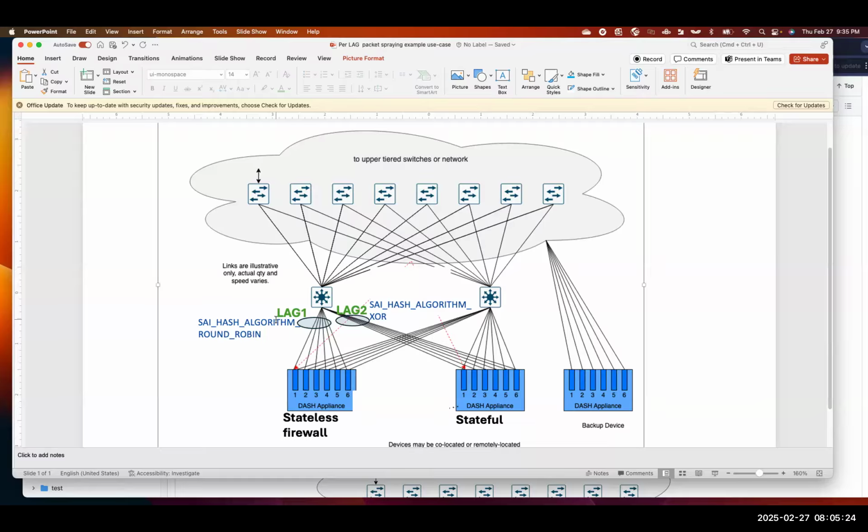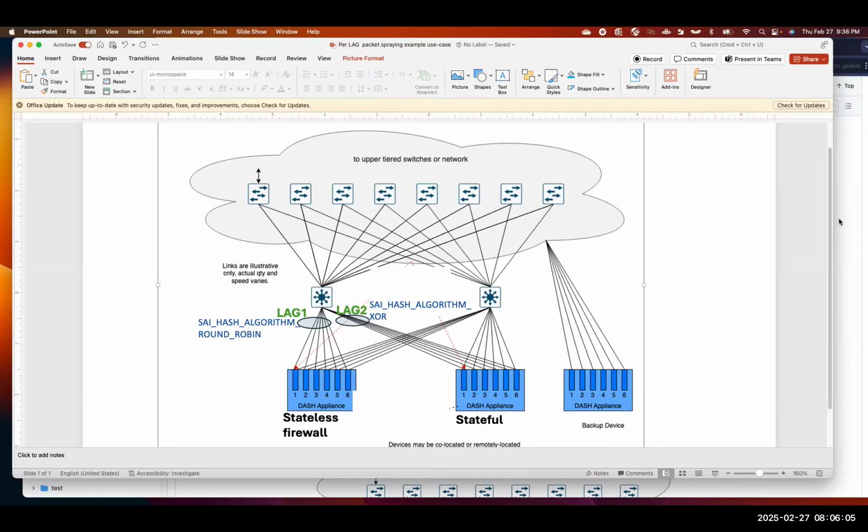Per lag configuration, yes. And the same thing, we can extend it to be a next hop group as well. The moment it becomes IP connectivity, let's say each of these ports 1, 2, 3, 4, 5, 6 has some IP address, and I have a loopback address to which I have a next hop group created, and each member next hop is the IP address of each of these ports. For next hop group, we don't have that today. Today, Jay, we don't have a way to select the hash selection mode, hash algorithm at the next hop group level.